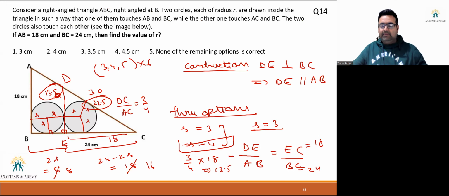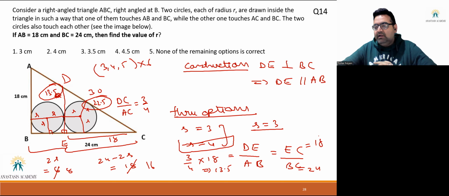Let me just summarize this problem. My personal view is that out of the 28 questions, this was the most challenging one. And in the exam, I would have skipped this. But since we are discussing the solutions, I've showed you the way to do this. The construction was critical. You had to create similar triangles, which were not there in the problem. And once you create them, you also have to test the options. So it was a lengthy and challenging problem.